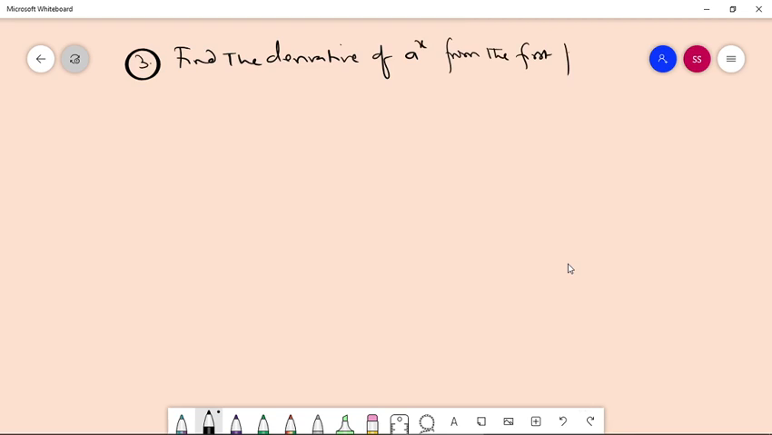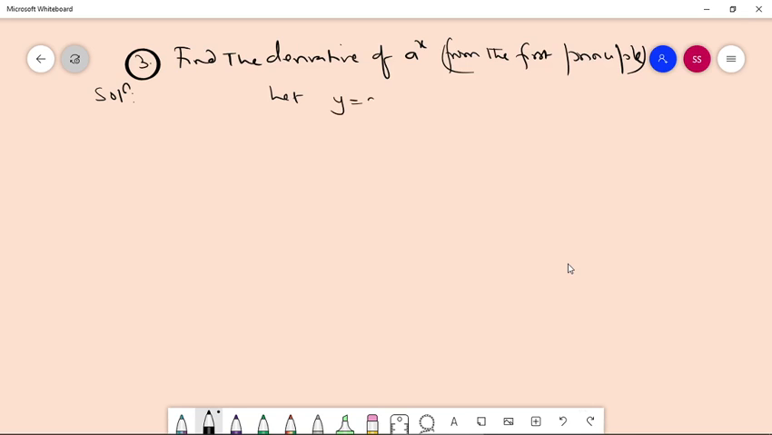Next function, question number 3, dear students. Find the derivative of a to the power x from the first principle. Solution: